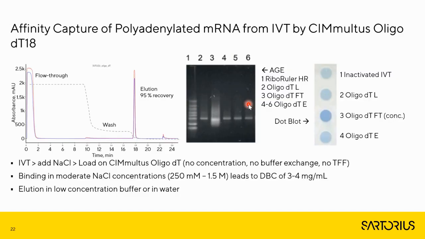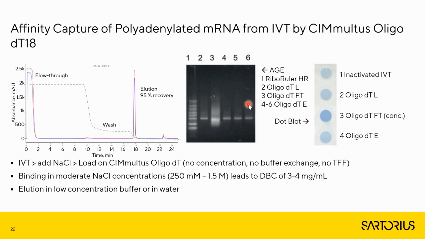So oligo-DT, like I mentioned, this is the affinity ligand. It's like the protein A used for MABs. There is, I would say, not so much science to be discussed around this. We need to load the RNA at a particular increased salt concentration to achieve binding of RNA to the ligand, and